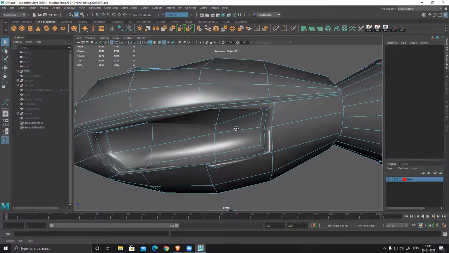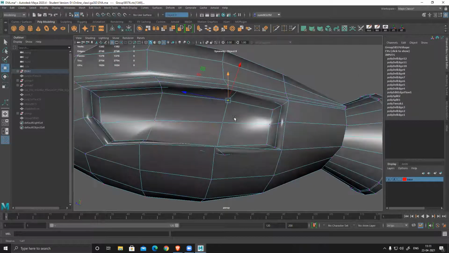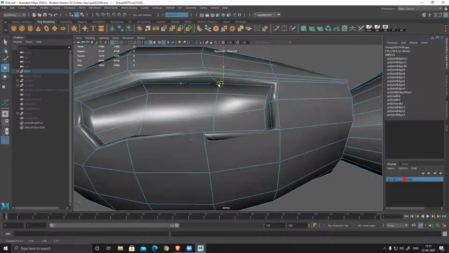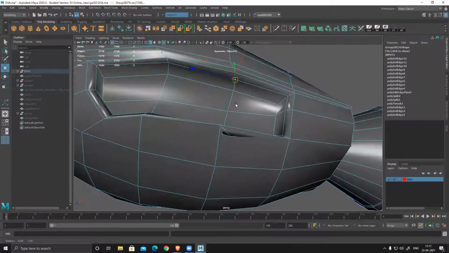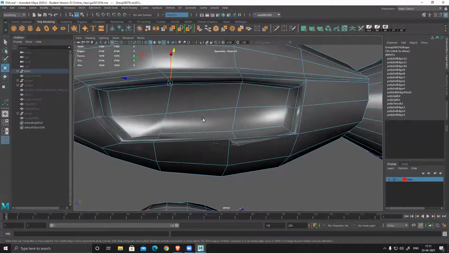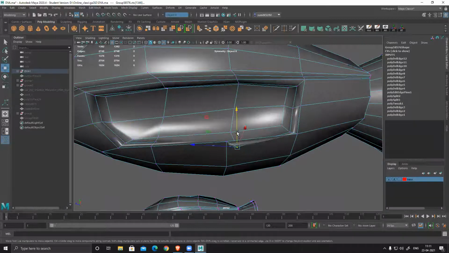That is something that happens a lot of the time whenever we use this edge smooth, edge flow. So you have to be really cautious when applying edge flow. And whenever you see all these lines, try to keep them as straight as possible.